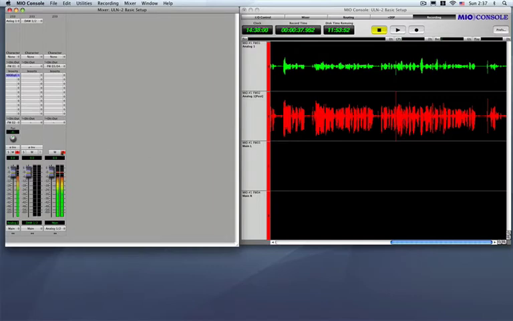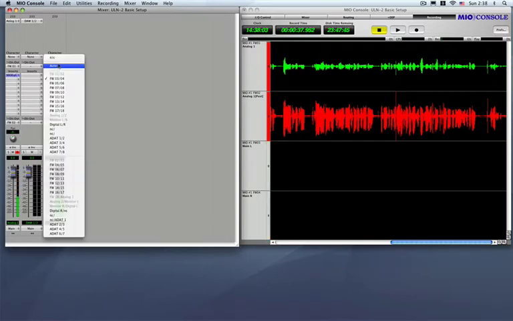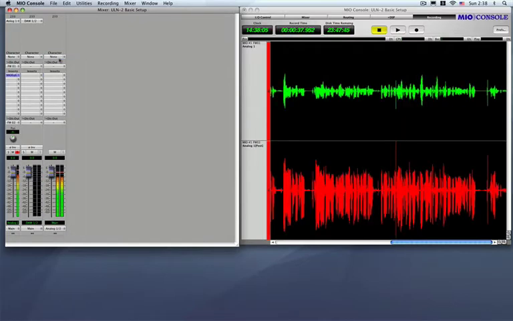Now let's get back to the idea here of routing to FireWire, and one of the other cool things you can do is character. Characters are kind of preamp modeling, some very, very cool stuff. Right now character is coming before the first insert, so you don't really have a lot of choice here to not record character, but that's not true. We do think of character as part of the actual individual preamp model, but if I go ahead and create another mixer strip,